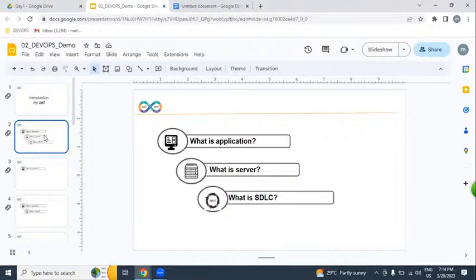Before starting the session, I have 3 questions. The first question, what is an application? Second question, what is a server? Third question, what is SDLC? First, let us understand these 3 questions. Then we move forward into what is DevOps.